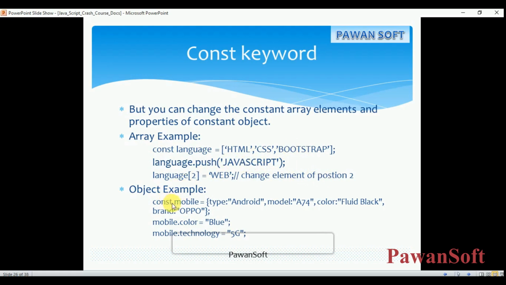In the constant object mobile, if you are changing the constant color here from black to blue, and in mobile technology we are adding fifth generation. So we can change the property and you can add the property also. This is allowed.